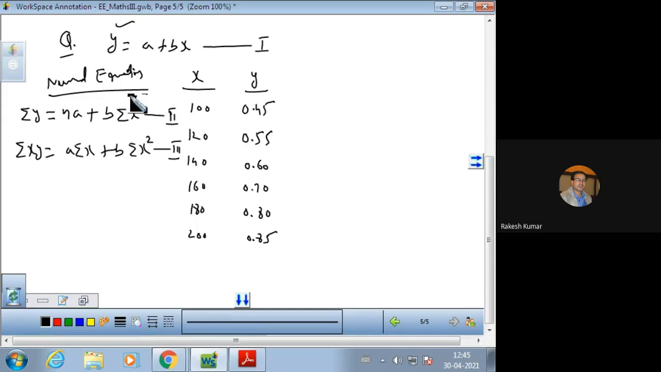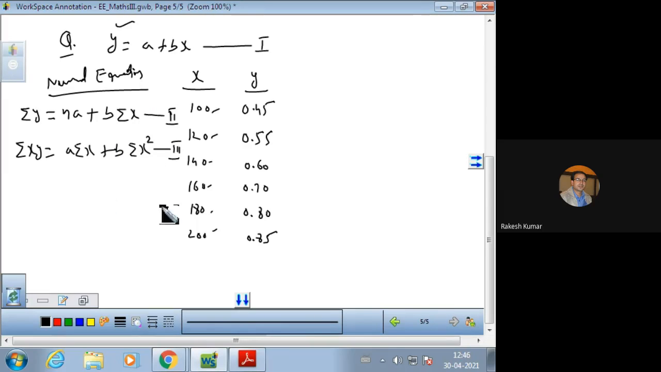I am repeating again. In place of y, you will have sigma y. In place of a constant, multiply with n. n is the number of items, that is 6. And b as it is, x will be written as sigma x. And in the next normal equation, multiply it with x, but there is no sigma, so take the sigma sign. And here you will have b sigma x square. So this is the way of writing down